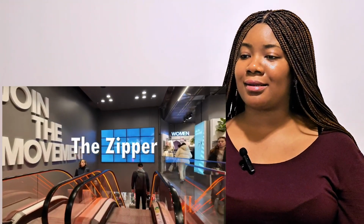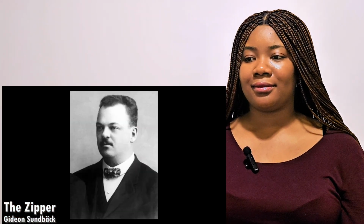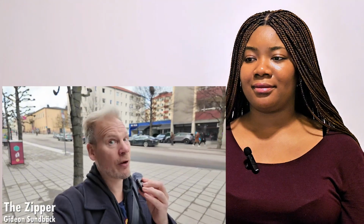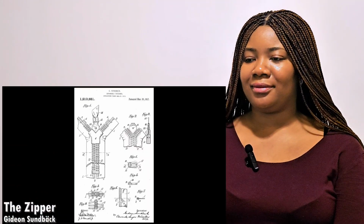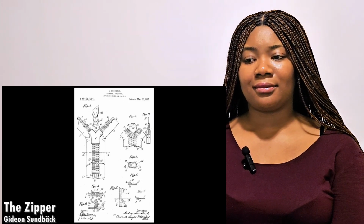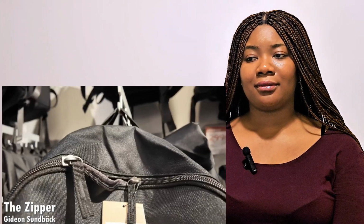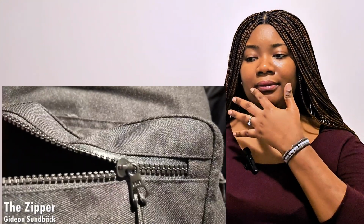The zipper. People in Sweden are quick to bring up the fact that a Swedish inventor called Gideon Sundbeck invented the zipper. And he did. Sort of. The zipper was actually invented in 1851, and an improved version using complicated hooks and loops was invented in 1893. But it wasn't until Gideon Sundbeck improved the designs and made them have a lot more teeth that